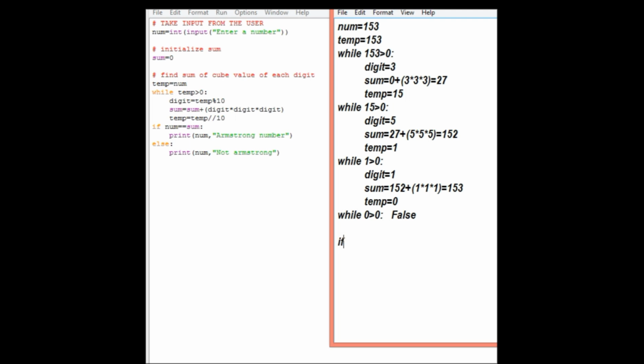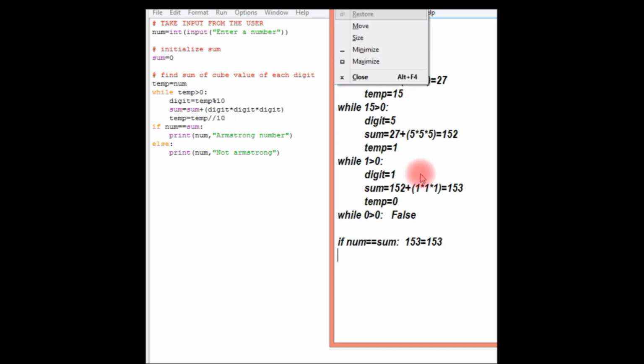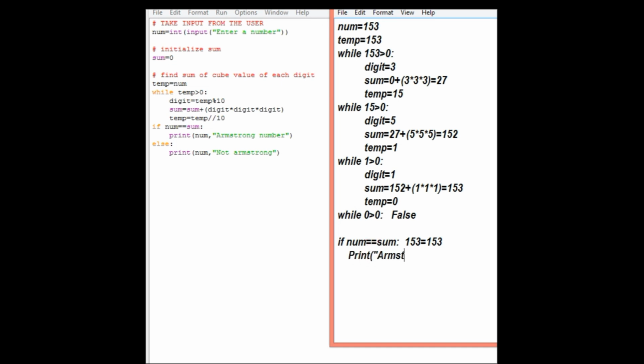Now it enters the if condition and checks whether the given number is equal to sum. We have 153 equal to 153. The condition is true. It prints the message Armstrong.